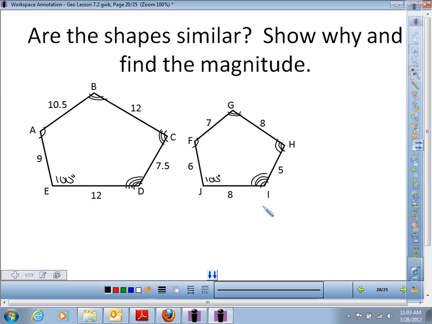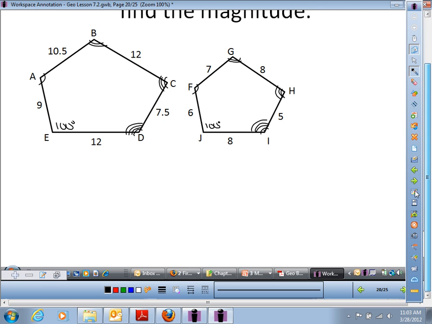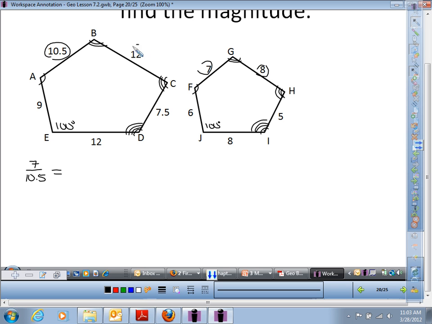Corresponding angles are congruent. Now the next thing we need to look at is, are the corresponding side lengths proportional? This is where we do our statement of proportionality. Right? So we're going to start that. So we need to look at what sides are corresponding. I'm going to start right here at AB. Now let's look at its corresponding side length. It would be 7. Now remember, I said always, just for consistency's sake, let's put the smaller one on top. So let's go 7 over 10.5 equals, we go right around the horn, 8 corresponding to 12, so we have 8 over 12,